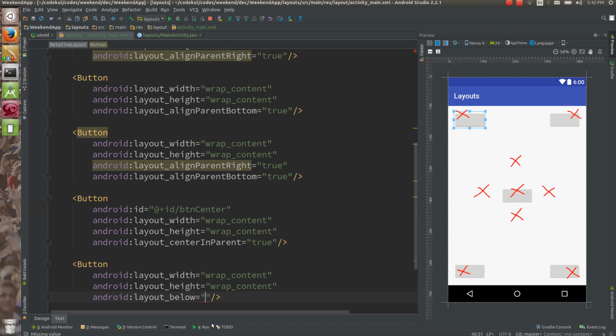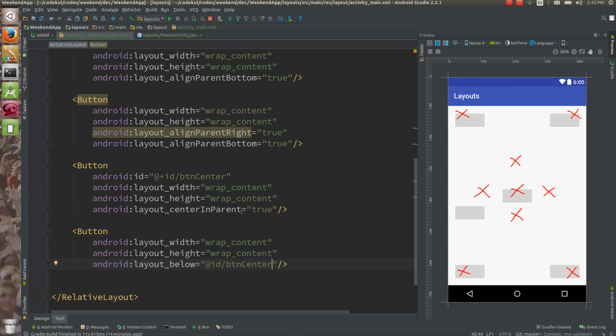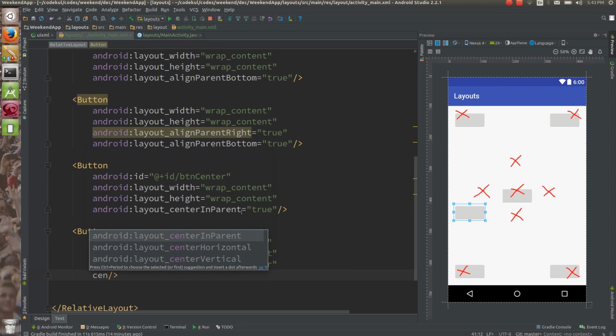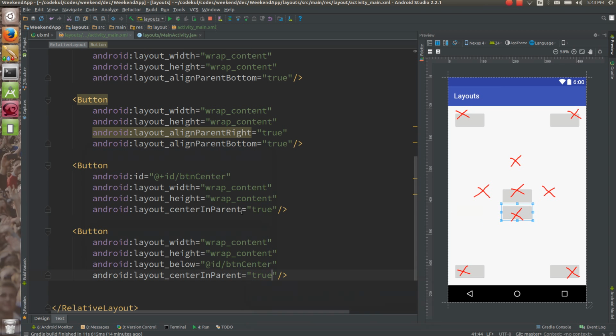I want to refer now with at id, I am referring btn center. Can you see btn center? Below btn center. But that is not exactly below this. If you want to get exactly below, attach one more property, center in parent true. That should also be center in parent.